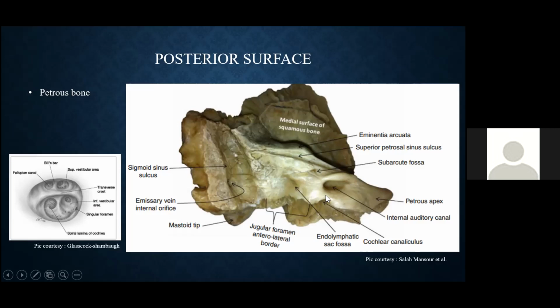jugular foramen. So, for the intrameatal access or intrameatal drilling of the internal auditory canal for the meatal portion of the schwannoma, one can drill less than 0.5 centimeter, taking care of these two structures, as the endolymphatic sac fossa also has a medial relation to the posterior semicircular canal. So one has to be within the 0.5 centimeter limits, not to injure these two structures. And we know the petrous apex is directed anteromedially.